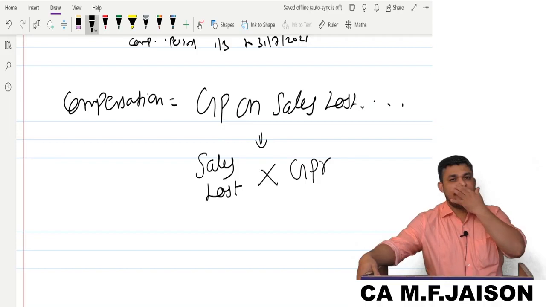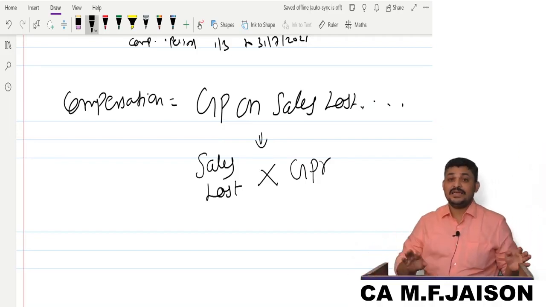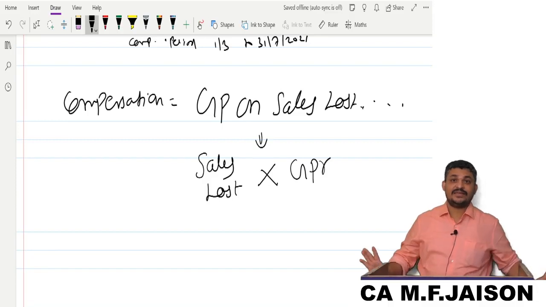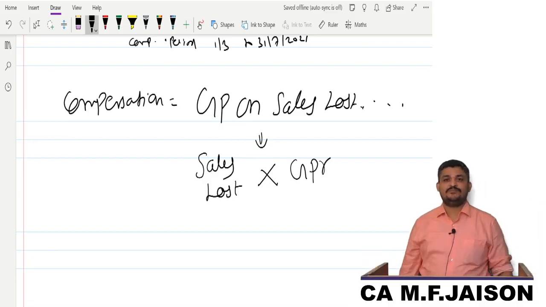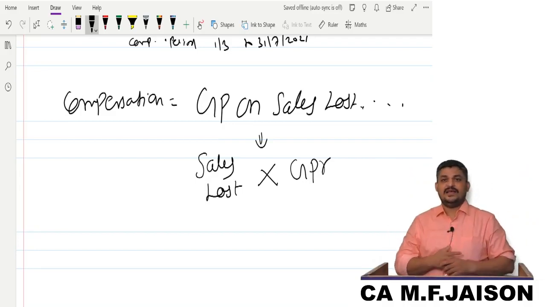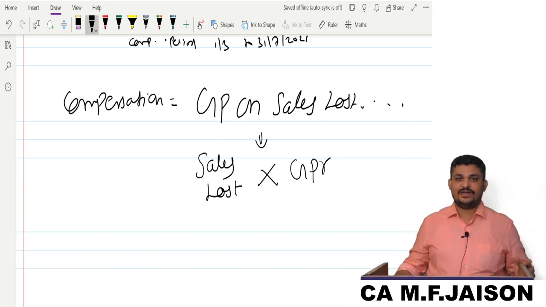Sir, how do you take GPR? Can you discuss those 5 steps we discussed there? GPR given, take GPR as it is. Two or more GPRs given, take the average. GPR not given, prepare the trading account of the previous year, arrive at GP, then express GP as a percentage of sales. Abnormality eliminated, effect of price level changes should be considered. Like that, several points we consider, correct?